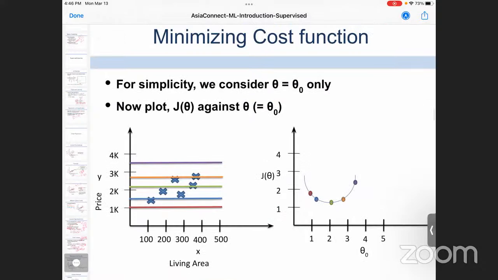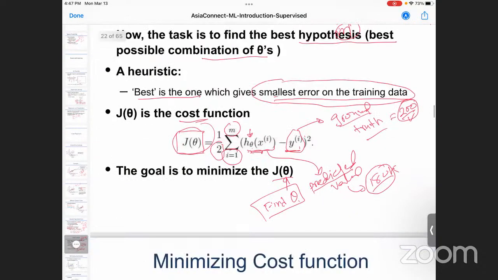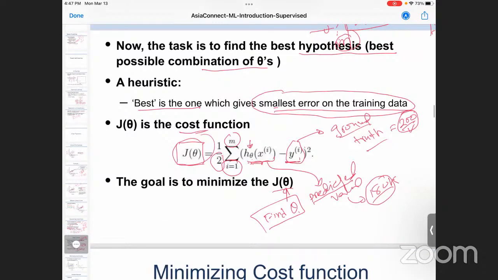So one visual example, I think this is a very important slide. So what does the cost function look like? Here we are assuming that this is our hypothesis space. Hypothesis space means just lines parallel to x. So this is one hypothesis, this is one hypothesis. And for each hypothesis, you have a value of J theta, right? What is J theta here? Sum of the squared error.